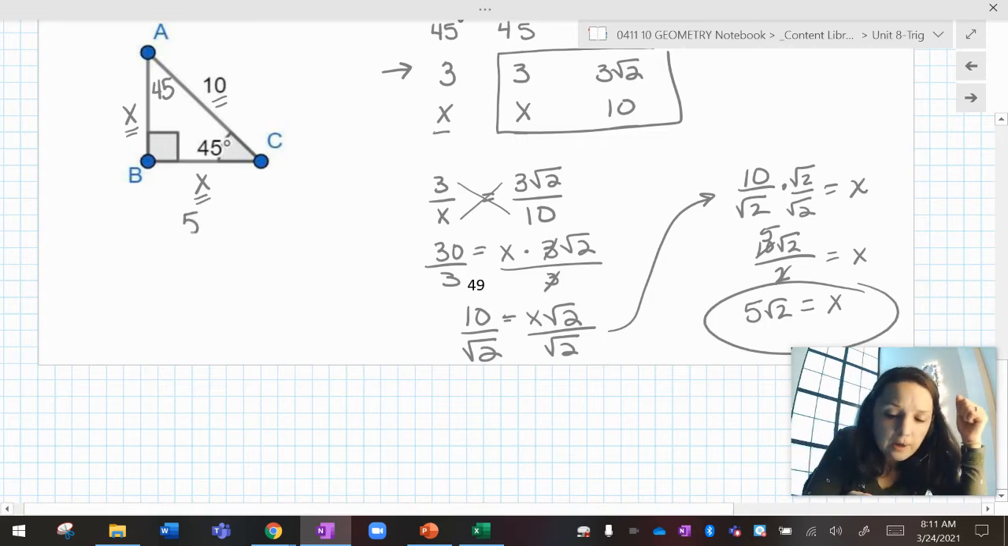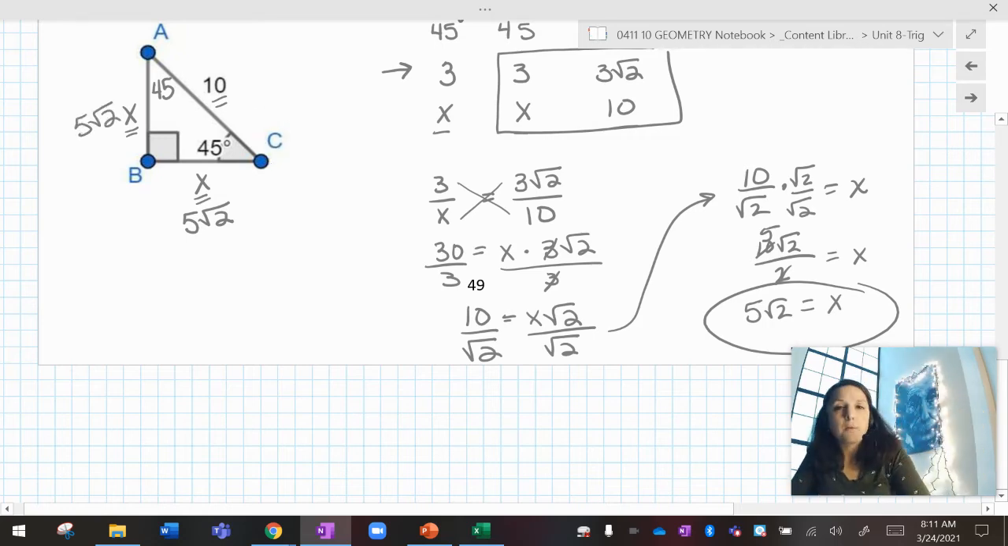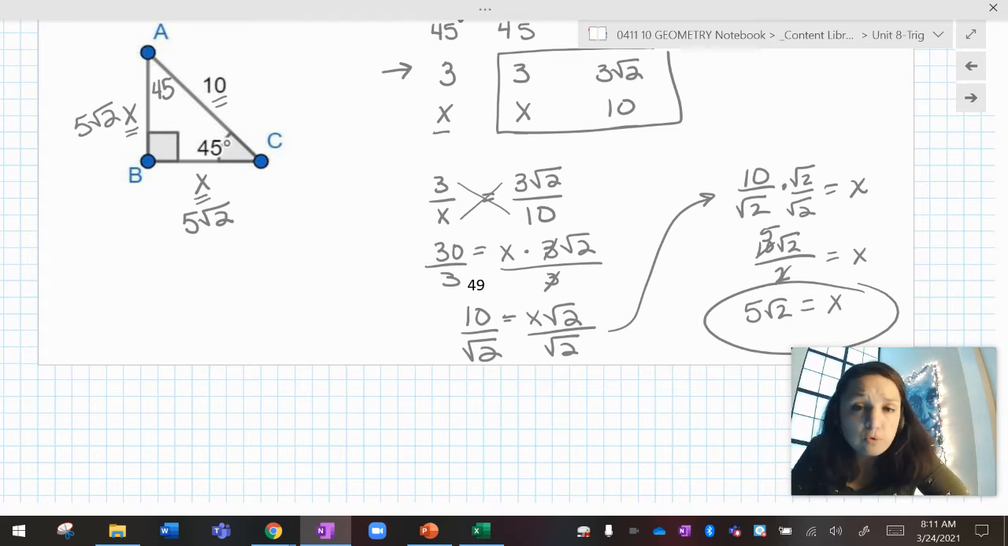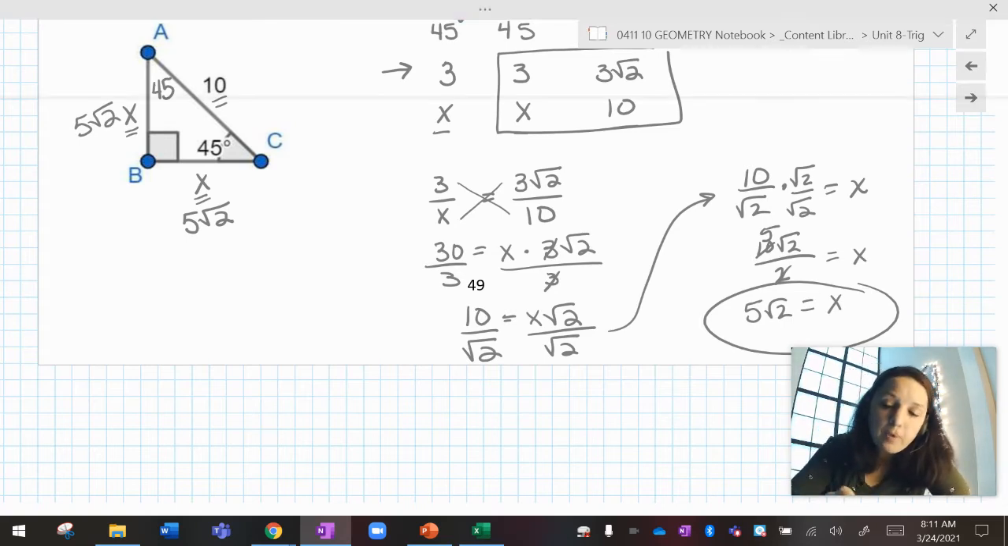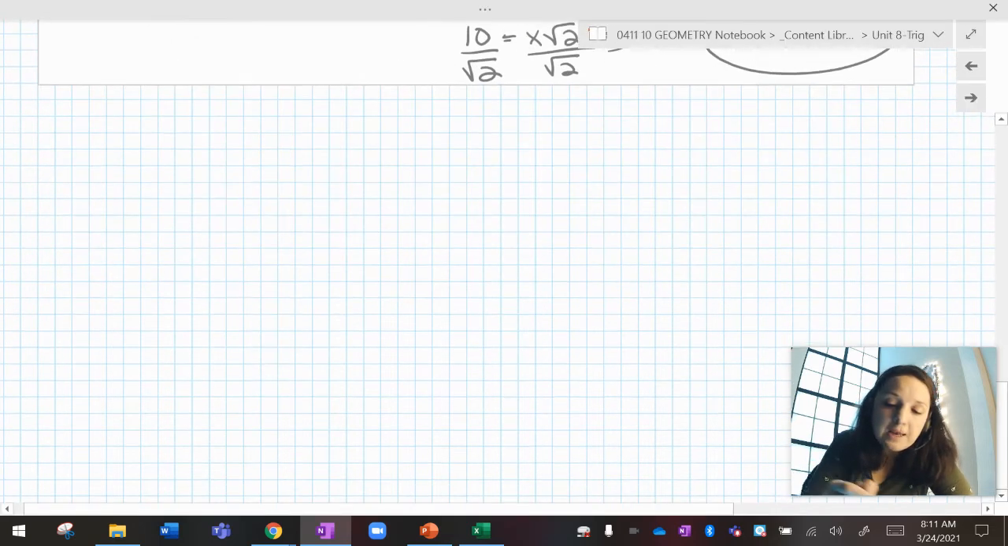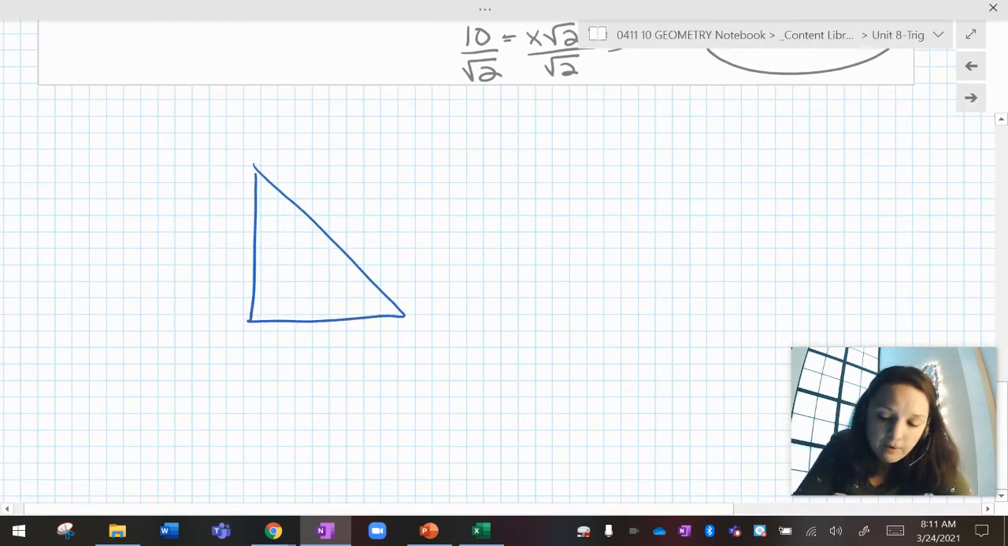So I now know that x is 5 root 2 here and 5 root 2 there. And maybe you're thinking, wait a second, Mrs. Vibber, I thought the hypotenuse is supposed to have the root 2. How come all of a sudden that other side had the root 2? Well, let me explain. What really happens in every 45, 45, 90 triangle, every single one, is if you know